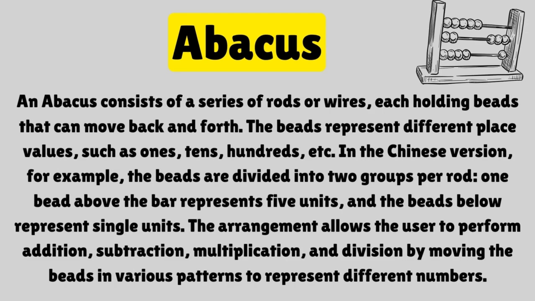An abacus consists of a series of rods or wires, each holding beads that can move back and forth. The beads represent different place values, such as ones, tens, hundreds, etc. In the Chinese version, for example, the beads are divided into 2 groups per rod. One bead above the bar represents 5 units, and the beads below represent single units. The arrangement allows the user to perform addition, subtraction, multiplication, and division by moving the beads in various patterns to